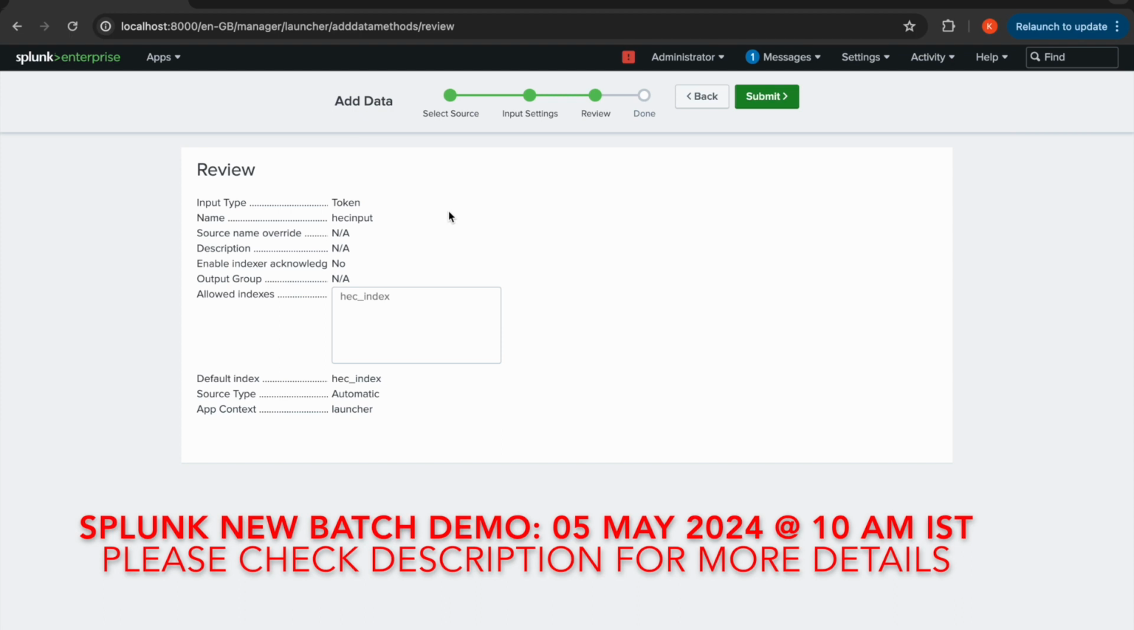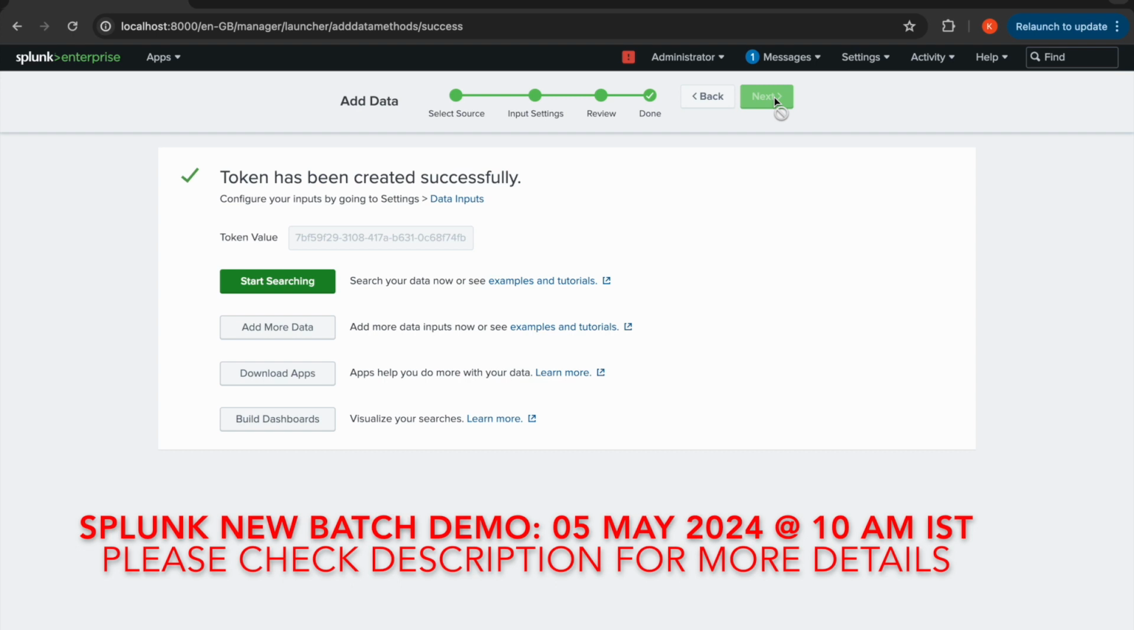see, these are the review options it will be showing. Input type token we have selected, and the name HEC input we have given, and other than that we have not enabled any of these things. The allowed indexes I have taken as HEC_index, the default index also as HEC_index, source type is automatic, and the app context is the launcher app right now. I have not created it in the default search app. Okay, let it be. Now if I click on Submit over here,